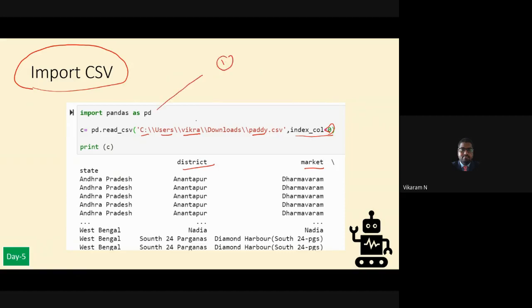Line 1, line 2, line 3: the file name dot to underscore HTML.